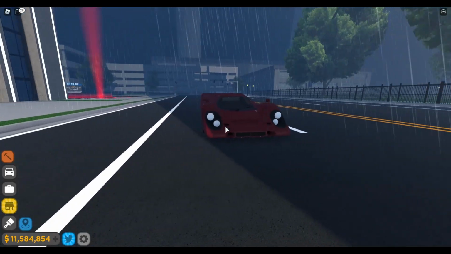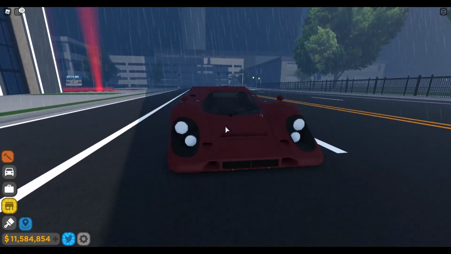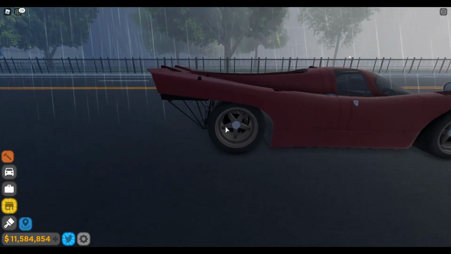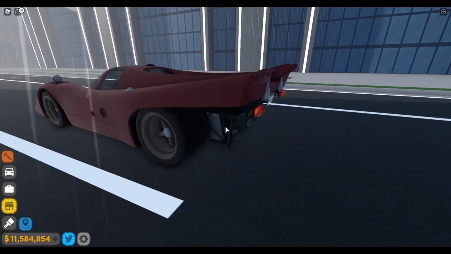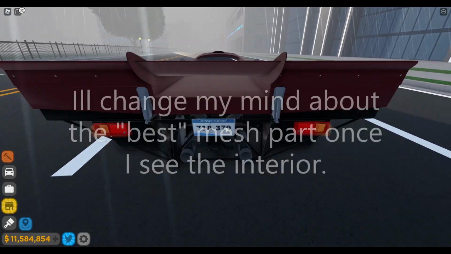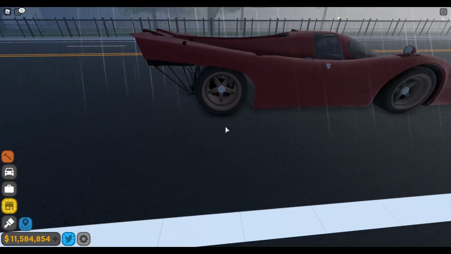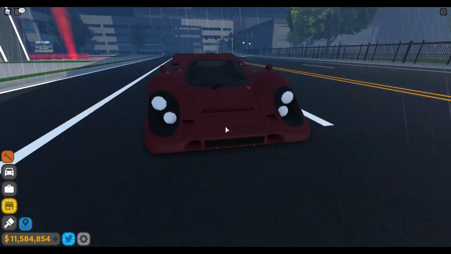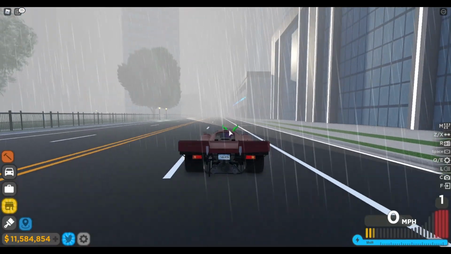This right here is the brand new Porsche. Forgot the exact name. I remember hearing it, but it's still a pretty nice looking car. Personally, the exterior is incredible. I've seen this car in a lot of games, but I think by far Driving Empire has the best mesh of this. The engine detail is just so nice. It looks gorgeous, especially the wheels. I love how these rims look. These are personally my favorite types of rims, the way it goes inside, and the front end is definitely beautiful. Now the interior,